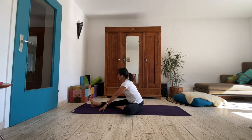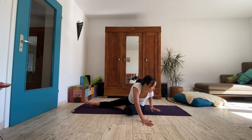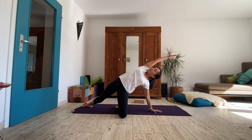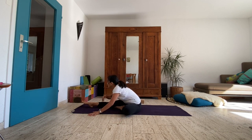Fold, come up, fold once more. Again, the hands will walk to the left side. And by now, you kind of know the sequence, right? Left hand pushes, right arm reaches, the hips reach forward, then you'll come back down. Hands walk,